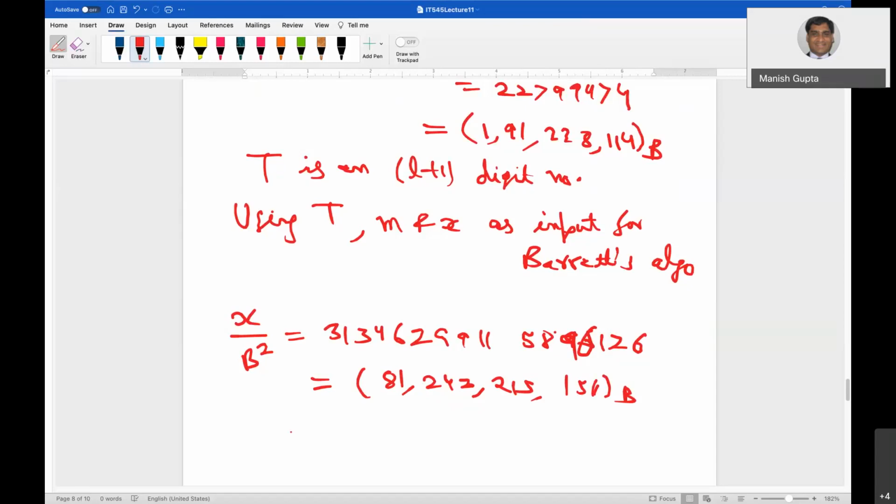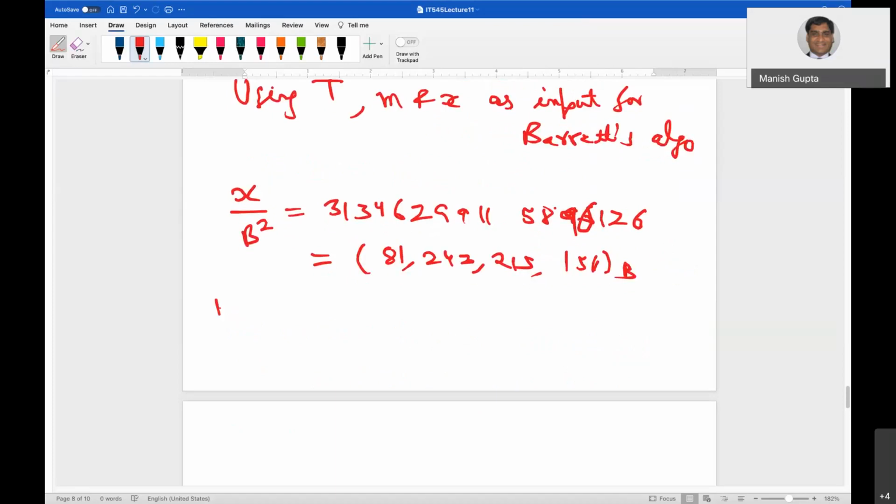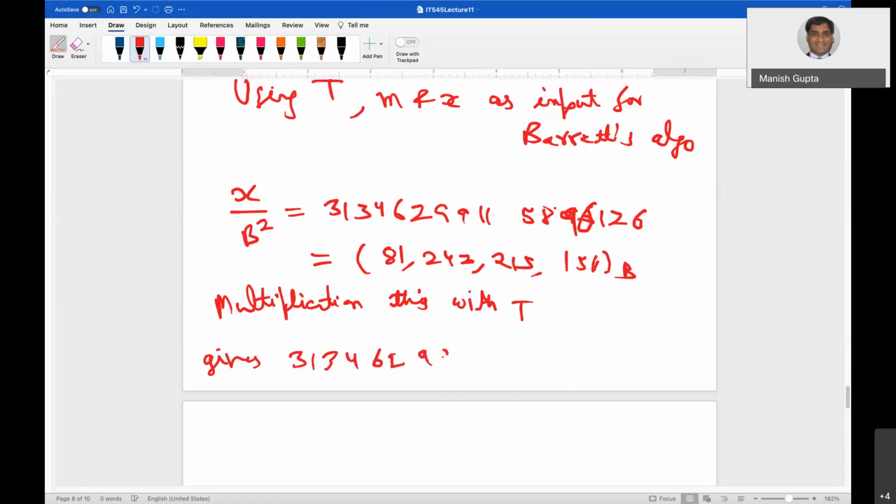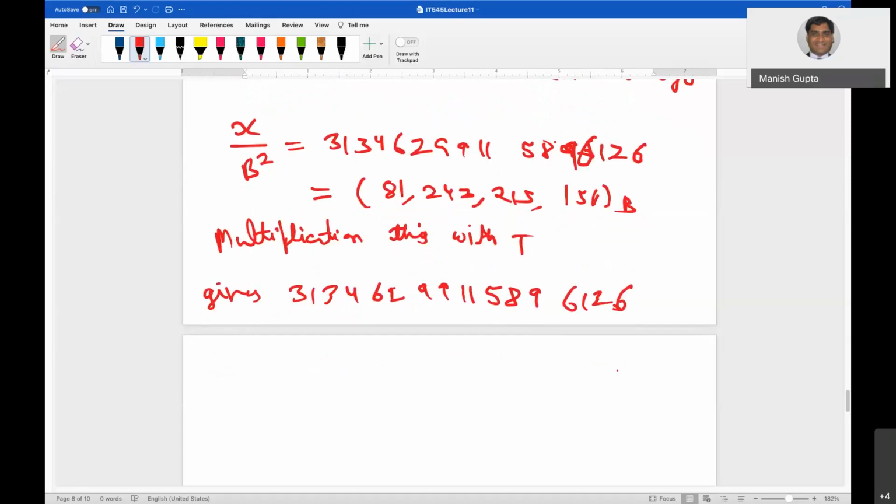So multiplication of this with capital T gives 31346299115896126,